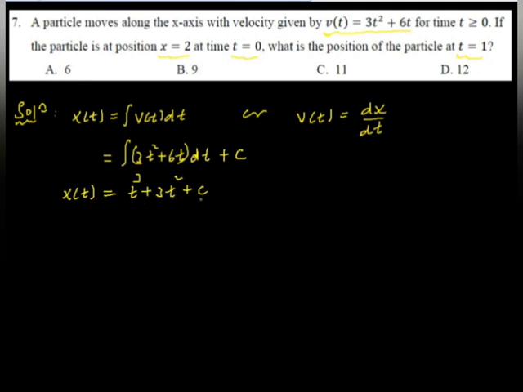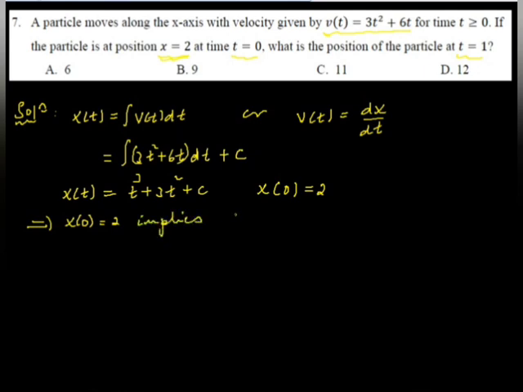So to determine c, we have the position of the particle at t equals 0, which is given as 2. Already it is given here. Initially the particle is at position 2 whenever t is 0. So this information gives us x of 0 equals 2, which implies